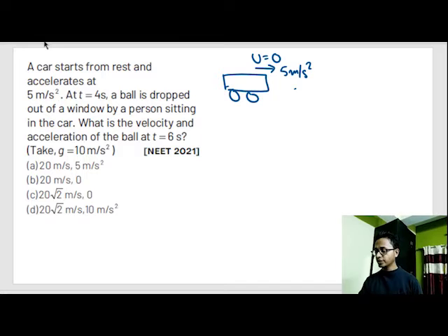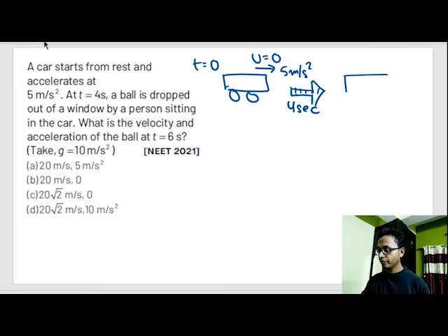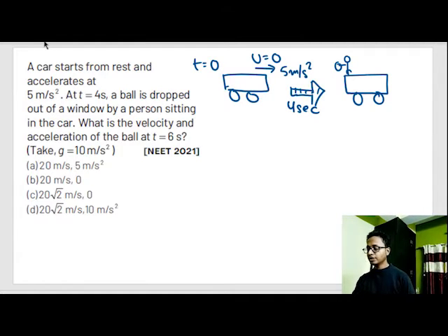So after 4 seconds, out here time is equals to 0. I started the stopwatch out here. So after 4 seconds, a person throws a ball or drops a ball. Person on top of a car drops a ball. He's throwing out of the window. But to give you a better clarification of concept, I am throwing it outside the roof of the car.